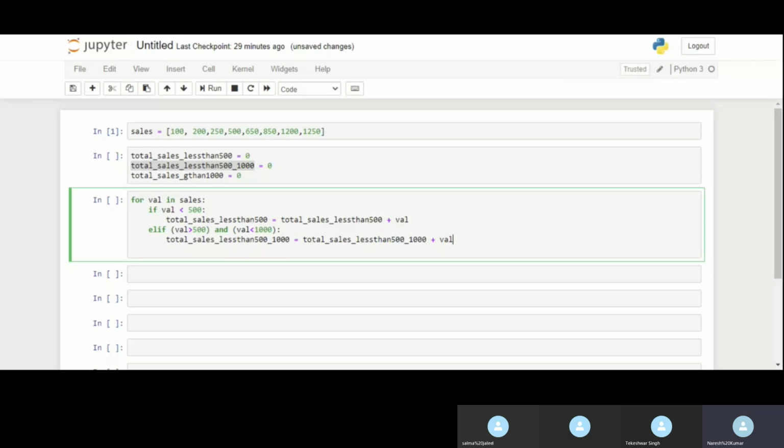So this was my second condition, right? And what was my third condition? If it is greater than 1000, right?